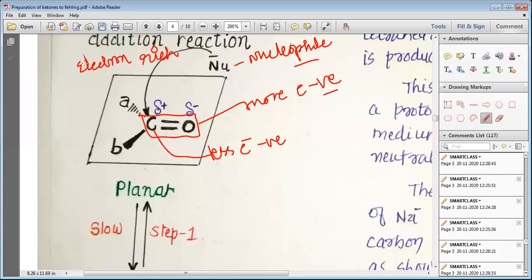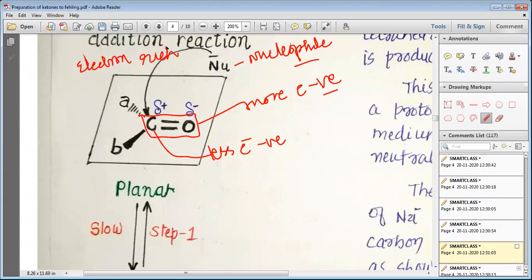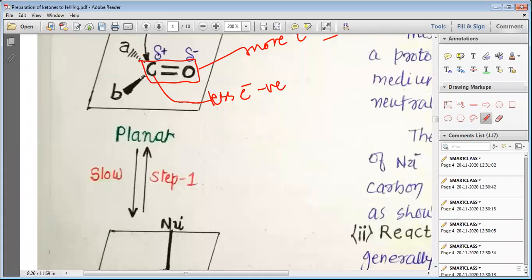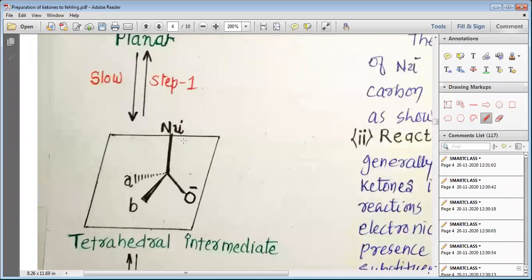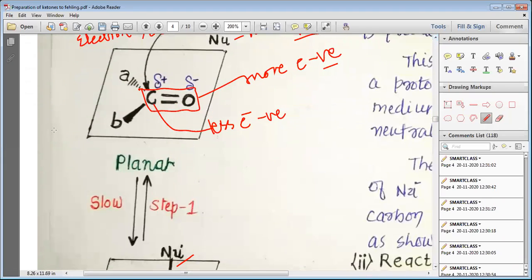So we can easily understand that the nucleophile will attack the positively charged carbon rather than the negatively charged oxygen. So the nucleophile attacks the carbon. We have already seen that all the bonds of this carbon are present in the same plane. Now, after the attack of the nucleophile, this sp2 hybridized carbon